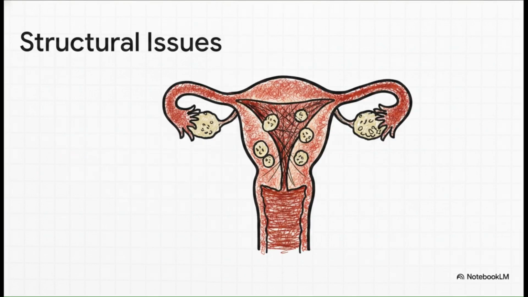This environment can be further complicated by structural abnormalities. We're talking about polyps, submucosal fibroids, intrauterine adhesions, also known as Asherman syndrome, as well as things like a septate or T-shaped uterus, adenomyosis, and hydrosalpinx. Any of these can mechanically or functionally block a pregnancy. And I really want to highlight chronic endometritis here. It's this quiet, low-grade, and very often underdiagnosed inflammatory infection that can silently disrupt implantation without giving you any obvious